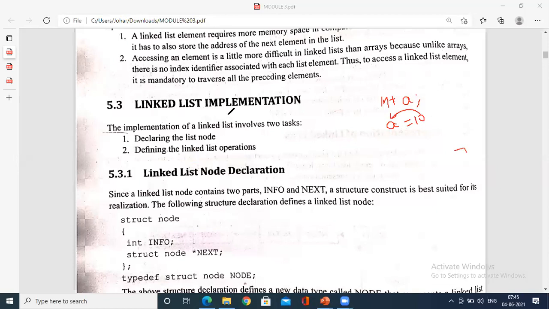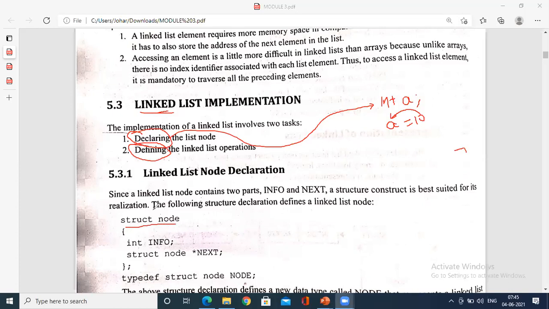Same as that, for a linked list also there is a part called declaration. Same as you say that int a is an int, you say that you're going to use a struct. Again, you have to define also, no? Define is nothing but storing something into it. So I'll just show you.